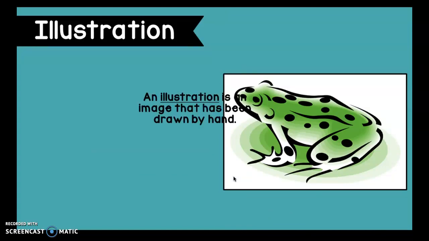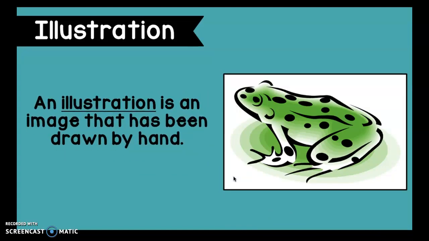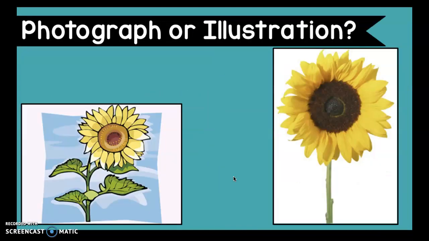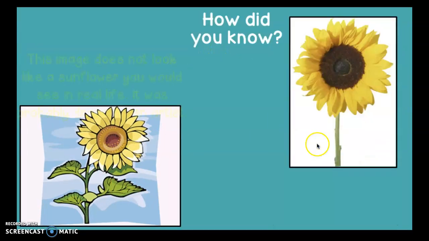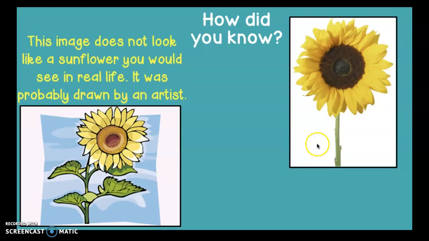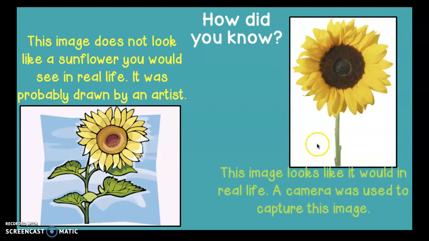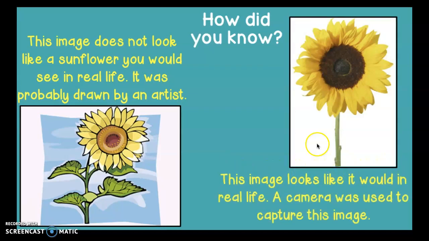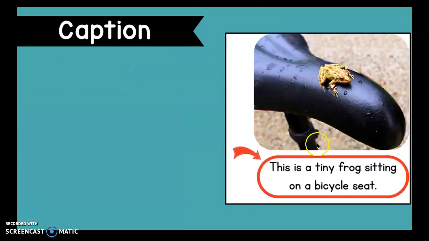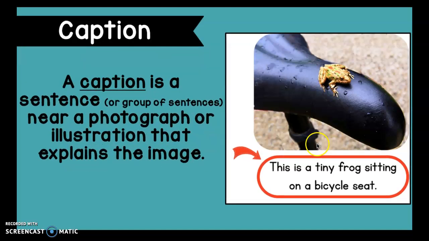Now, this is an illustration. An illustration is an image that has been drawn by hand. Which one is the difference? Here's the illustration, and here is the real-life photo. That's the illustration, and that's a photograph. How do we know? Because this image right here, you can tell that it's been drawn by an artist. This one right here looks like a real-life image, and the camera has captured it. Now here is a caption. This caption is a sentence